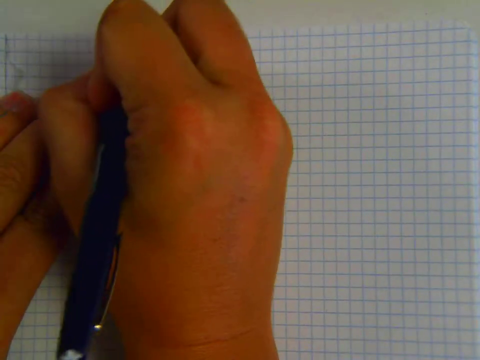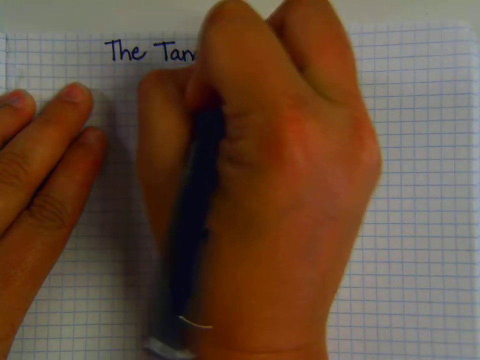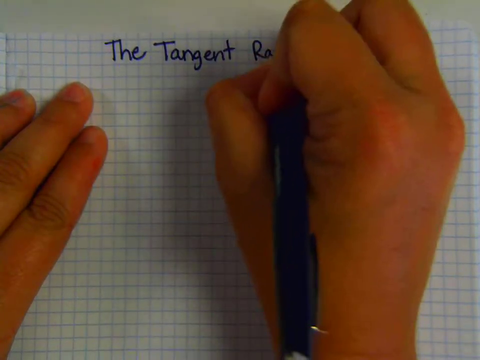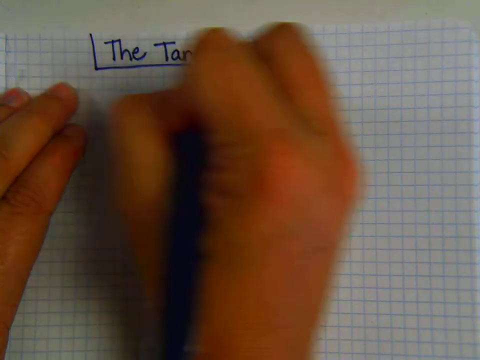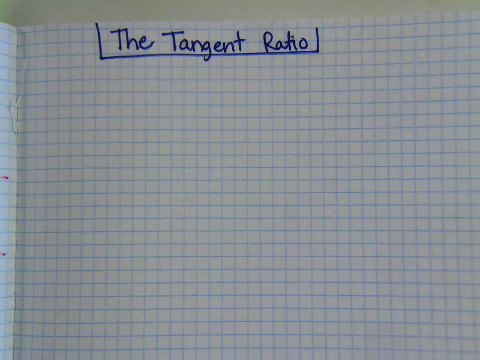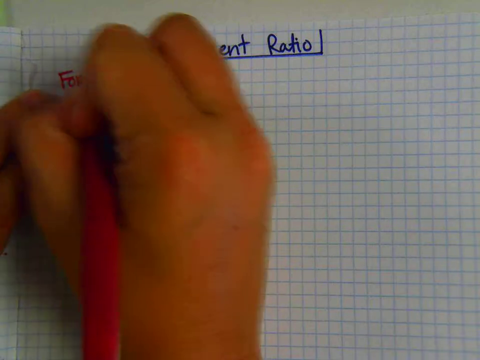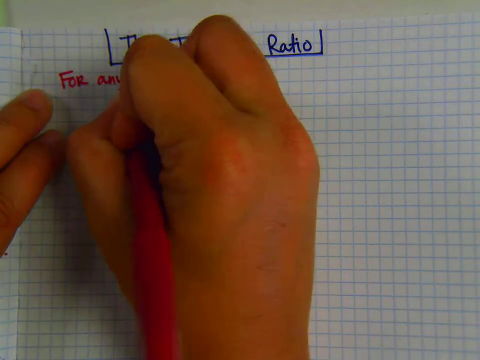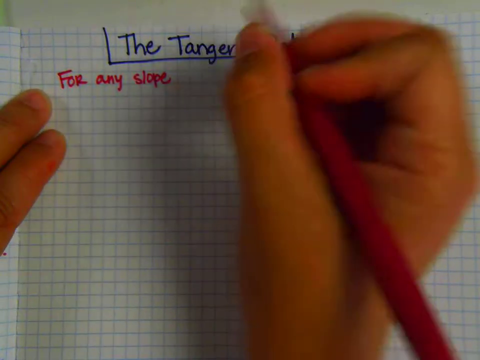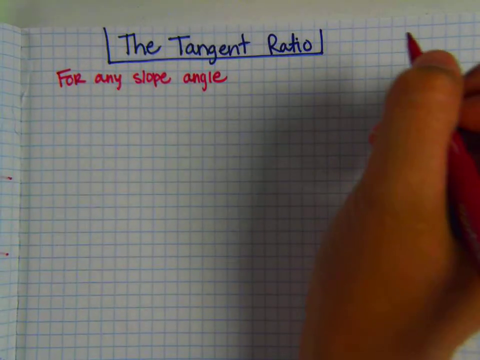So we're going to learn about the tangent ratio. So the tangent ratio, and let's start with our definition. For any slope angle in a slope triangle,